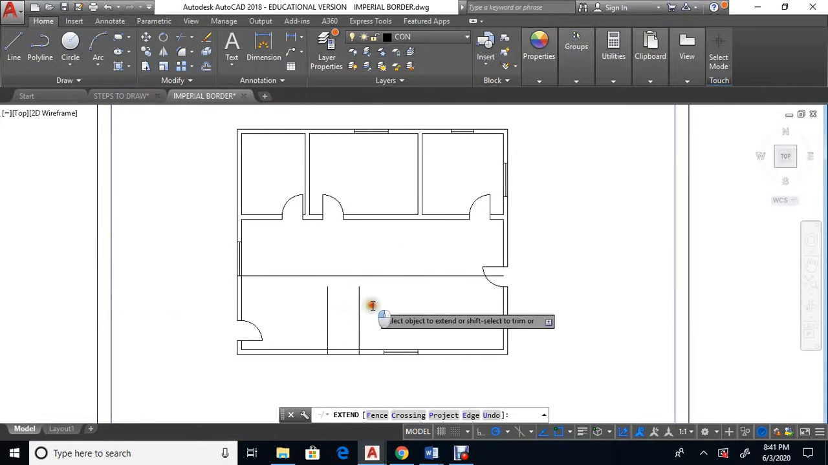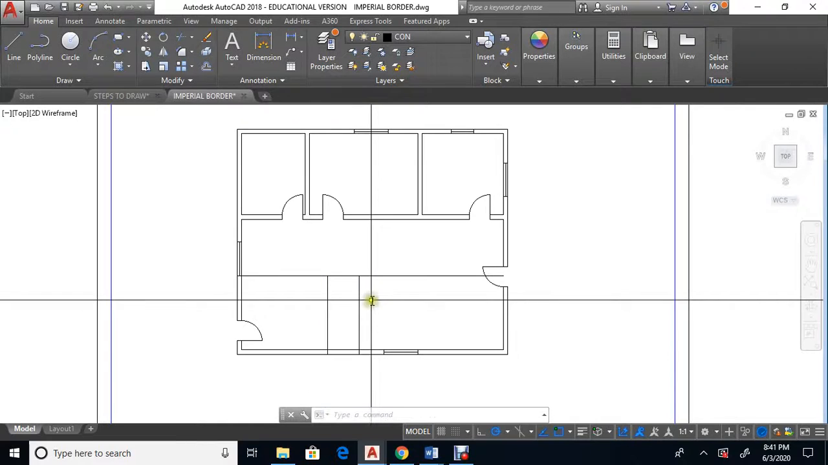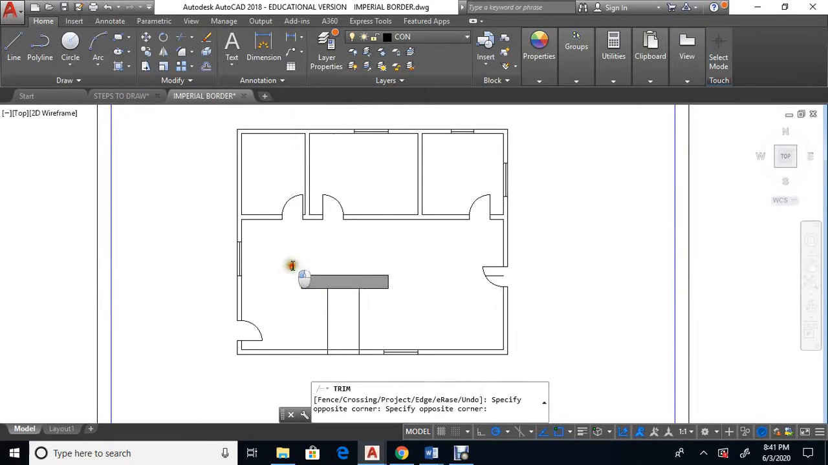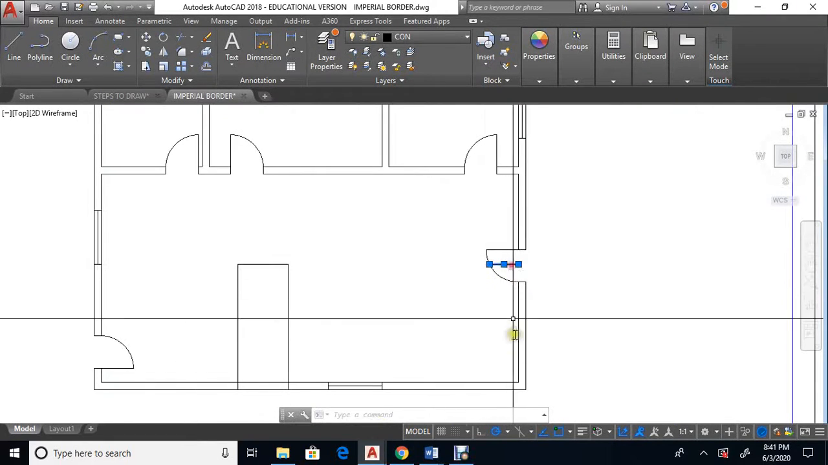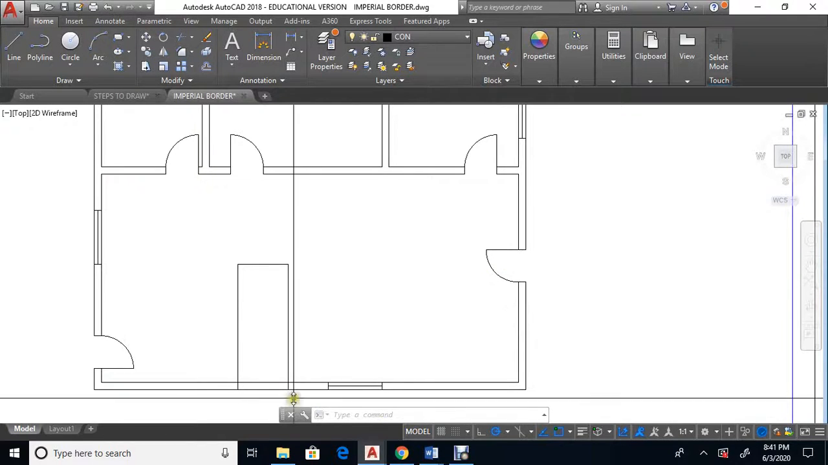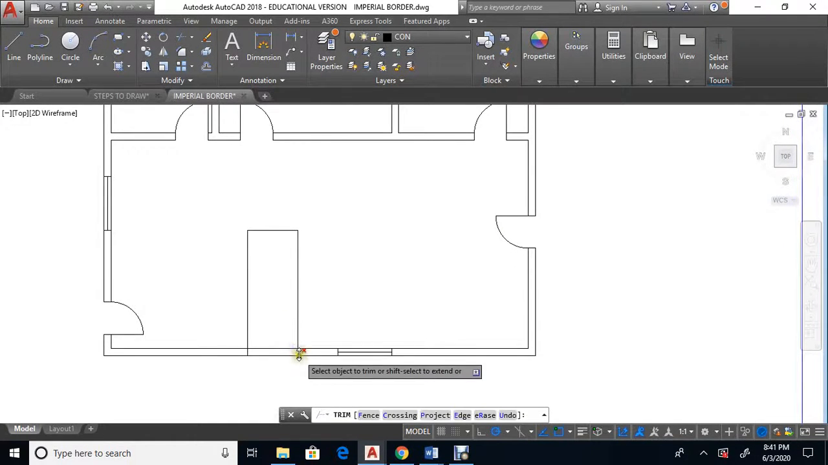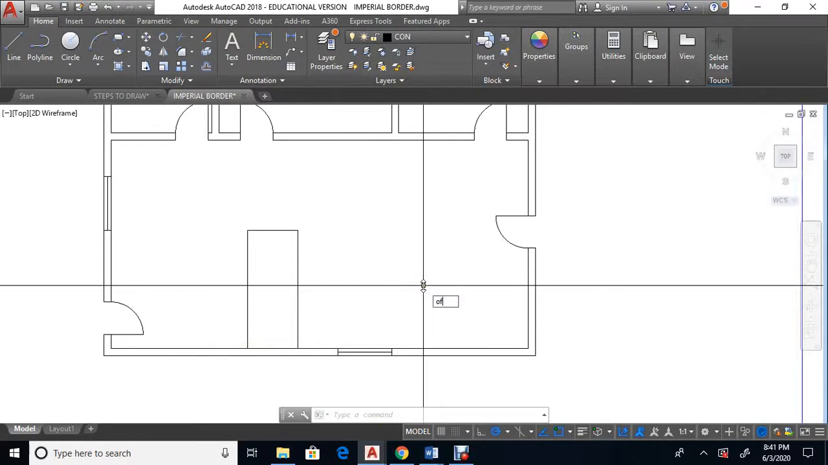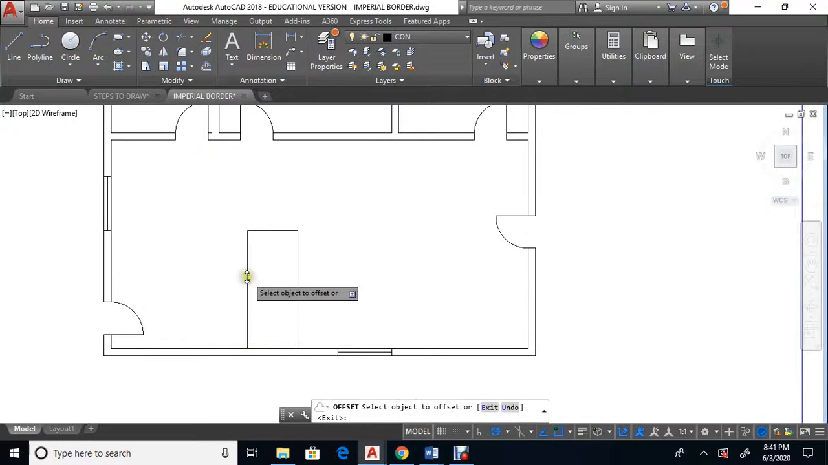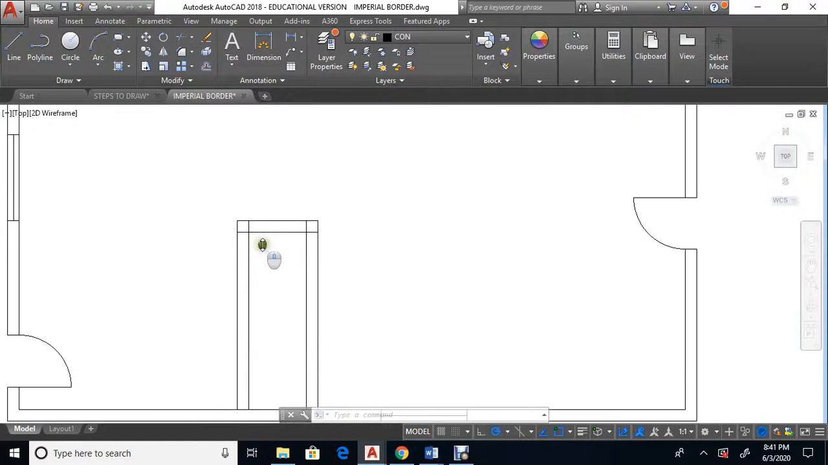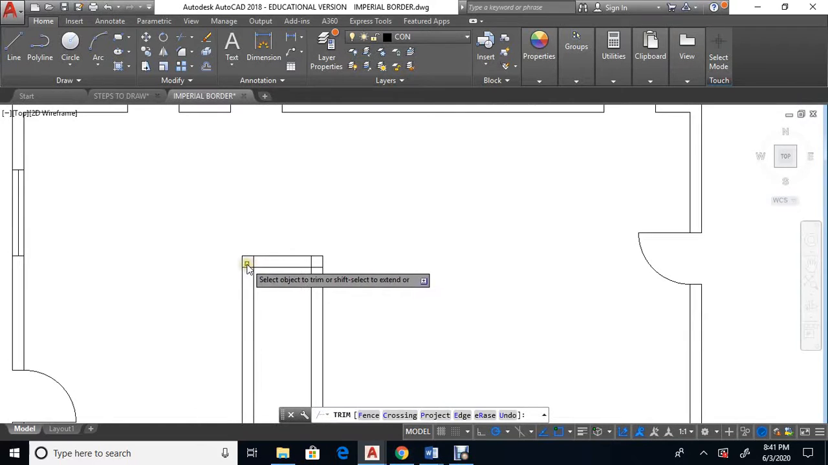So I'm going to extend these lines. And I'll trim this line and that line. Probably have too many lines here. Delete that and we'll trim here. I'm going to put a wall here, so I'm going to offset by 8 inches here. And it's going to be my wall here, and maybe I'll have a wall here, and I'll trim there, and